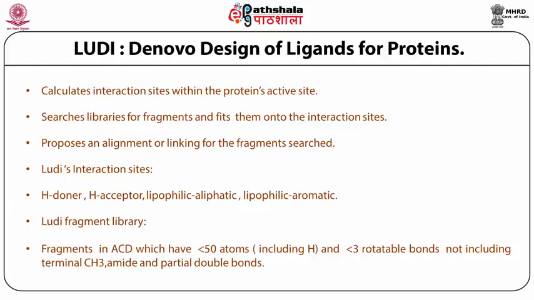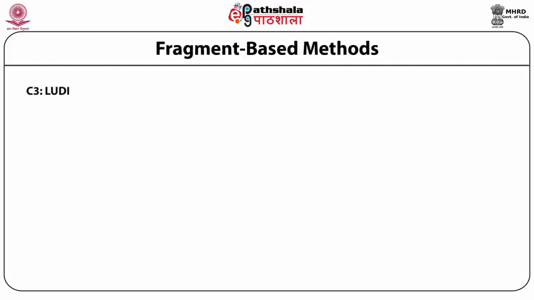Actually what it does very well is, if you have a scaffold identified already and want to look for selectivity, Ludi becomes a very good de novo design protocol. What it does is it takes the scaffold and puts it in the active site with the proper docking algorithm. Then you can substitute every position with different substituents, which come from the ACD database or small substituent molecule orientations, and it just goes on substituting every place and finds the best interaction. Designing is done by Ludi. So I would like to go to the next slide, which talks about the steps of working